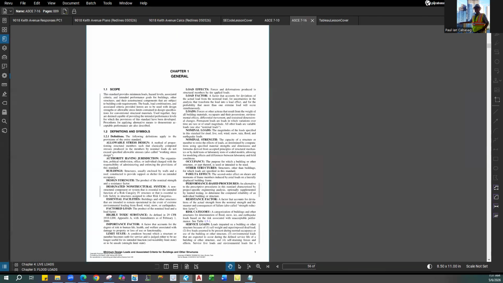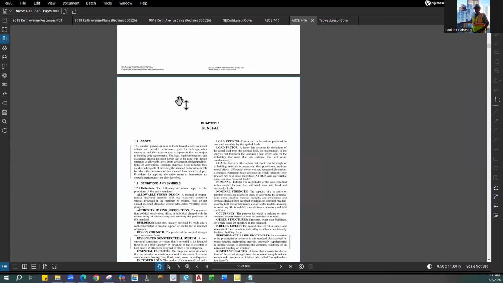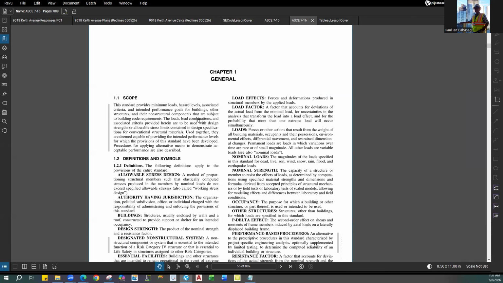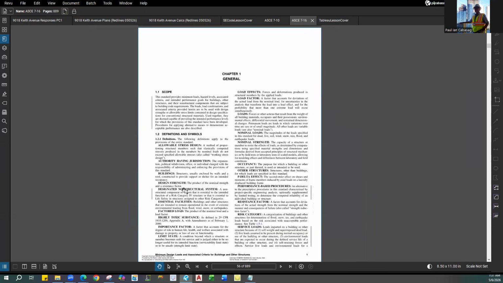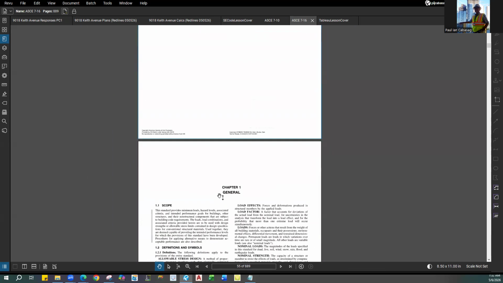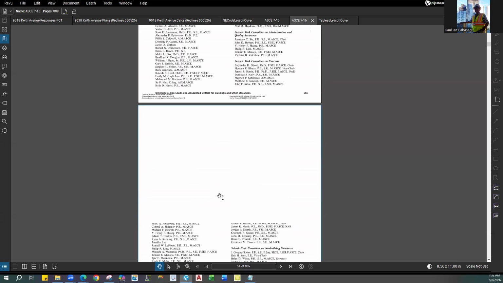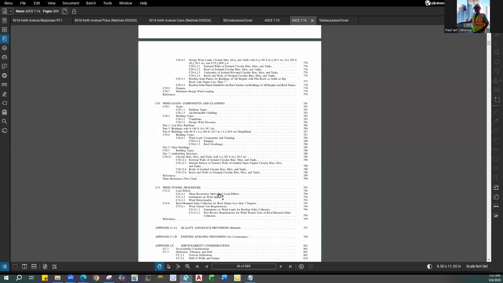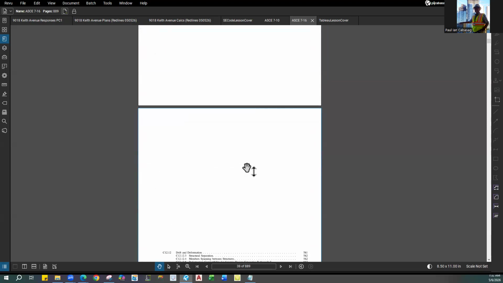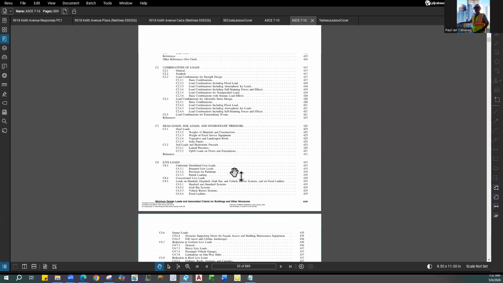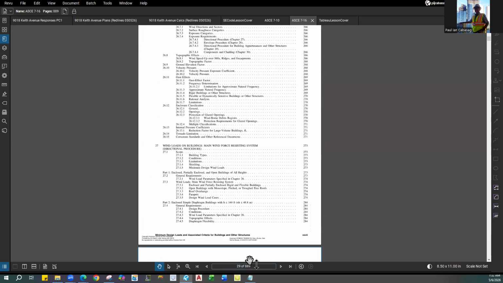All right, chapter 1 is pretty basic. This one is going to be about the general aspects of the building code, and most of it is just definitions. Actually, before I do that, let me show you guys the table of contents. The table of contents and the index are primarily your best friend when you're looking at these codes,